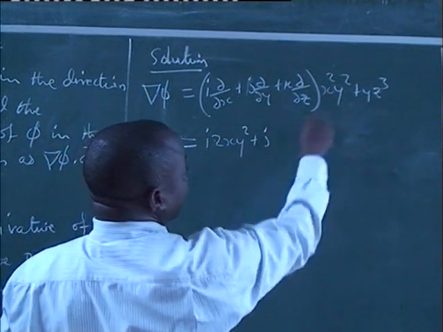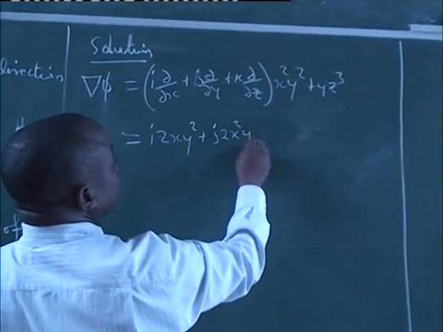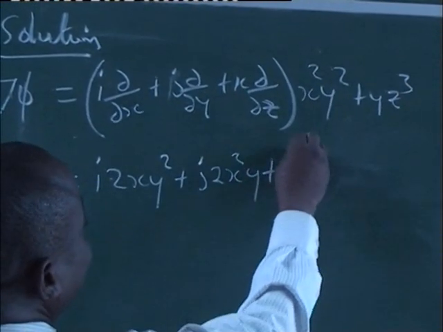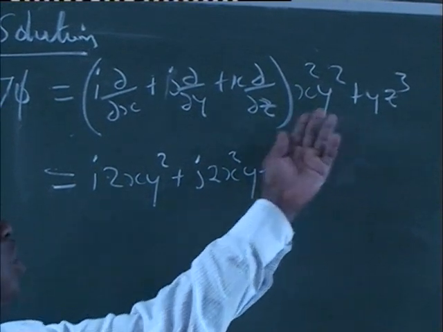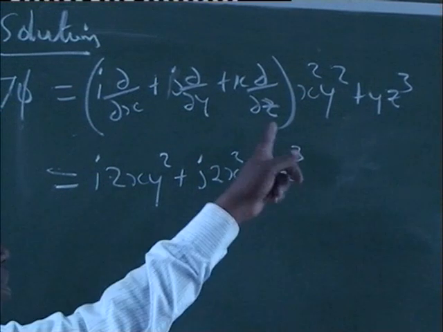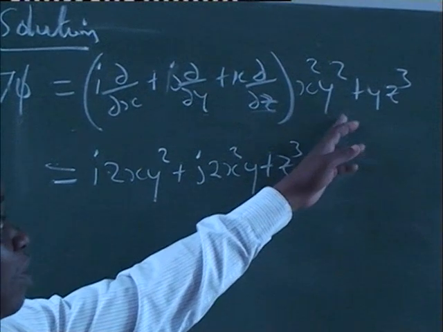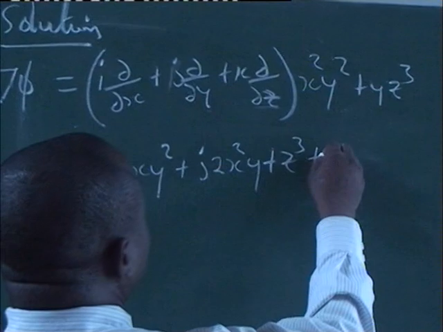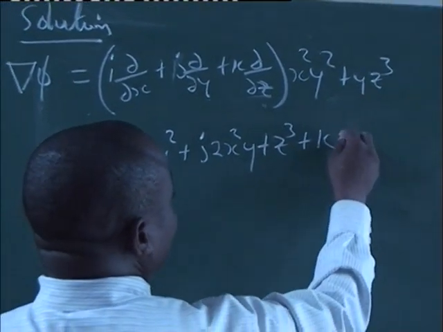Differentiate this with respect to y, you have 2x squared y plus z cubed. That's if we differentiate it. Just use this to multiply first, but I assume from what we have just done, multiplying it with this and differentiating with respect to y will give us this. Now, plus k, we are differentiating with respect to z, and then we will have